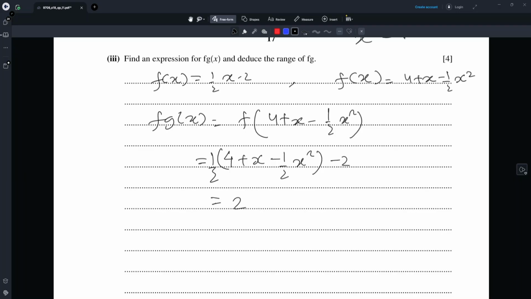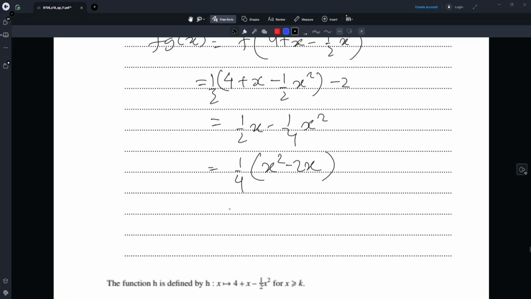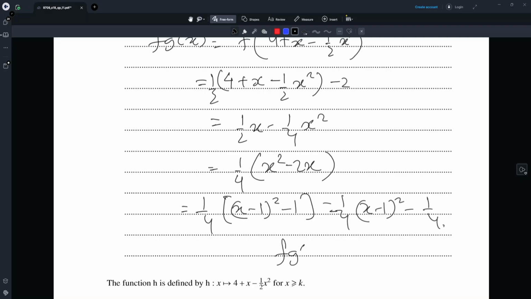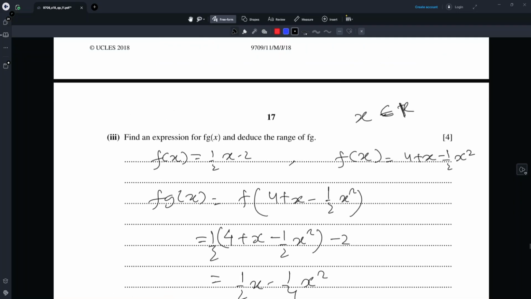So we have here 2 minus 2. So we have here just half x minus quarter x squared. So we can just put it like this, quarter x squared minus 2x. Then we have quarter x minus 1 whole square minus quarter. So therefore, my range, because we have